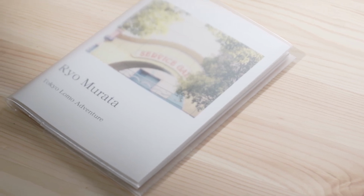So this is sort of surprising news actually. I recently purchased a custom-made Zine from Fujifilm. And if you don't know, if you live anywhere in Japan,